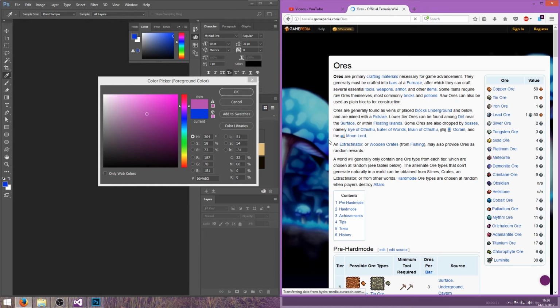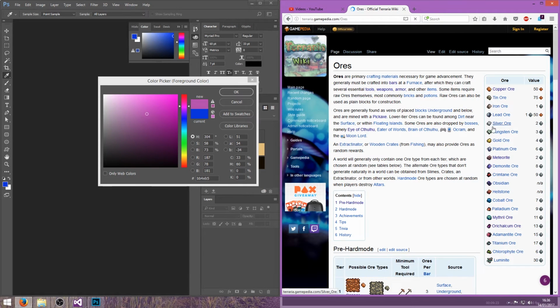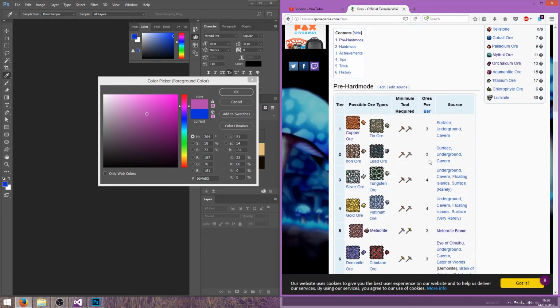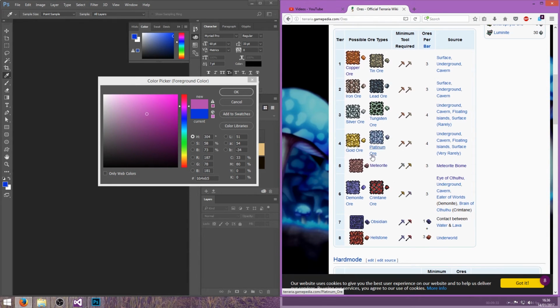If it will load a bit quicker, that'd be nice. Let's say we want it to be on par with silver ore, which can be taken by copper or tin. Okay, actually, let's jump up to the meteorite. Needs a tungsten pick or a gold pick, so